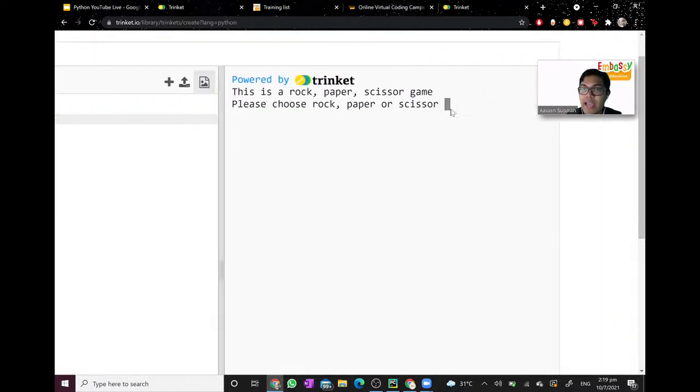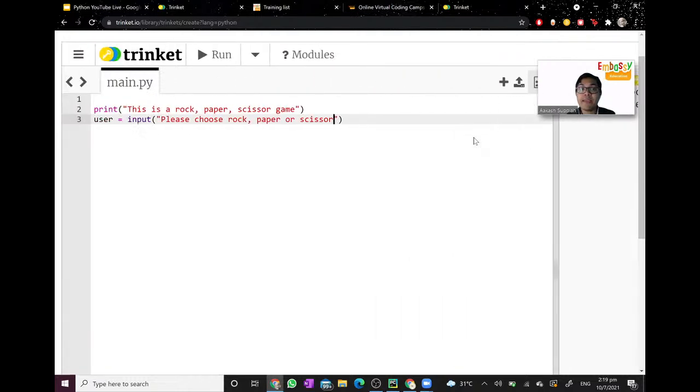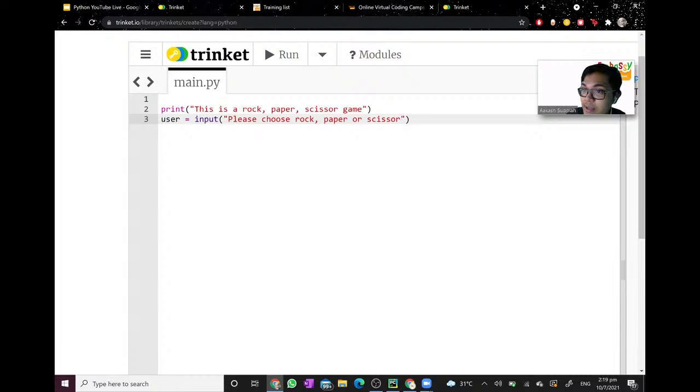Okay, so let's say I write here scissors. Now, what that means is that I've made user equal to scissors. So let me show you back again. After this, I'm going to put in a print, and this time I'm going to print out the value of user. So then it will display the value I have written here. Can, guys, can? So let me run again.